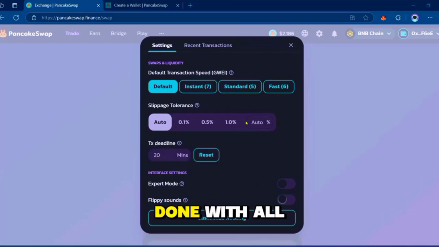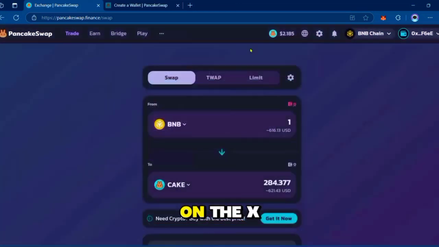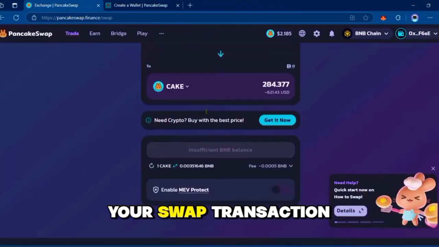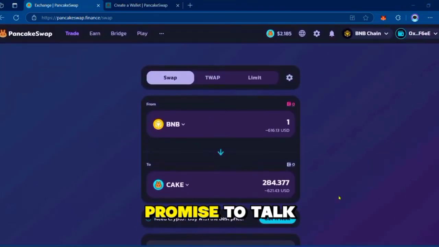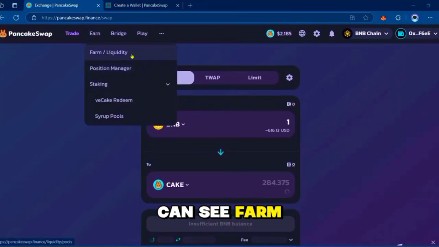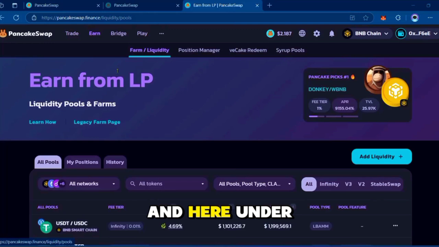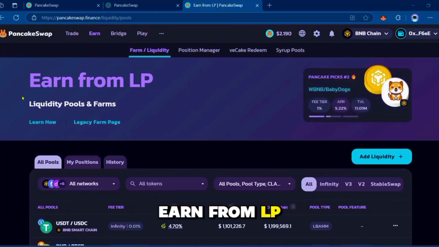Great, so when that's done with all your settings, you can click on the X and proceed with your swap transaction. And we also promised to talk about yield farming, so we're going to go over to Earn, and here you can see Farm and Liquidity. Click on it, and here under Farm and Liquidity, you can see that you can earn from LP, which is